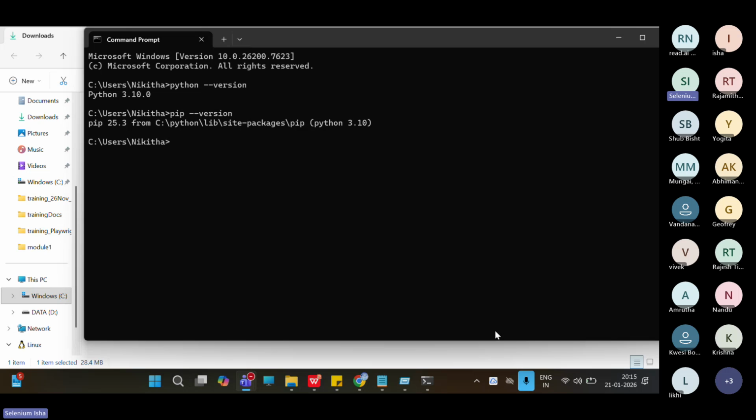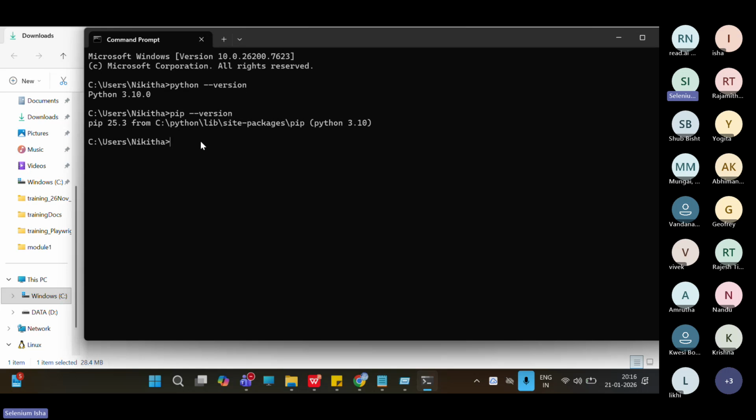Okay, guys, whenever you are picking any language, there will be its own package installer. For Java, it is in the form of jars. For JavaScript and TypeScript, it is in the form of Node.js, and for Python, it is pip. So whenever you want to download anything into our machine, any third party tools,